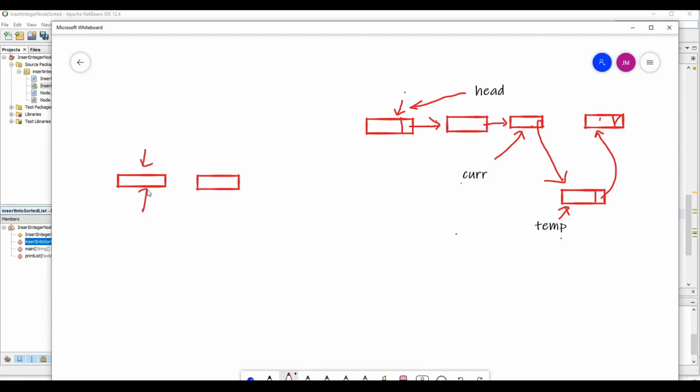So this would be head. I'm going to start out current. I'm going to move current along, looking for the place to insert my new node. But once I get here,